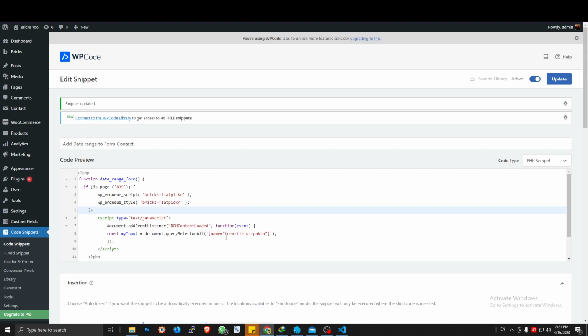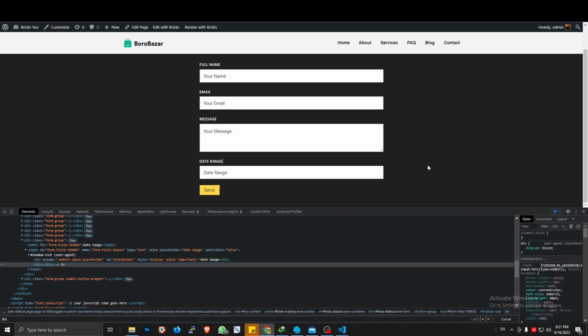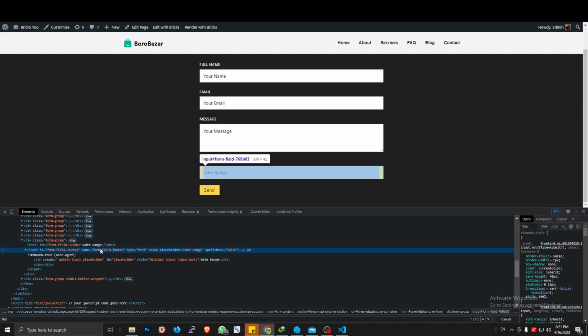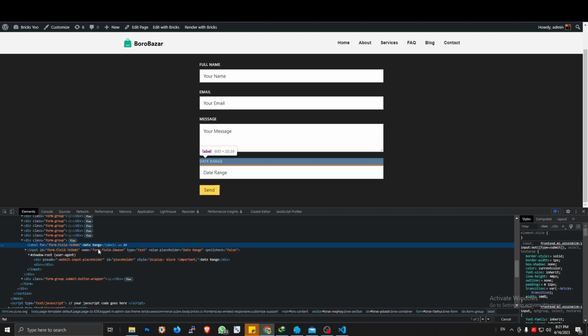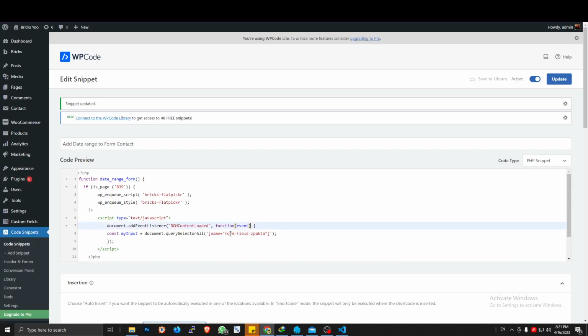So let's change the value of the field attribute. If you open your console and target the field, you will see the input name here. The tag is name, and I'm gonna target this. Just copy this and then change the value here. Okay,